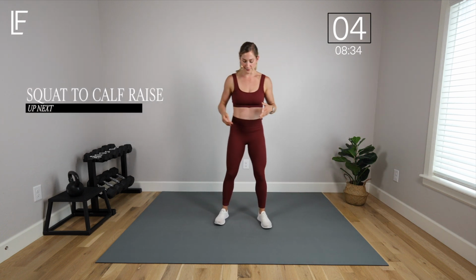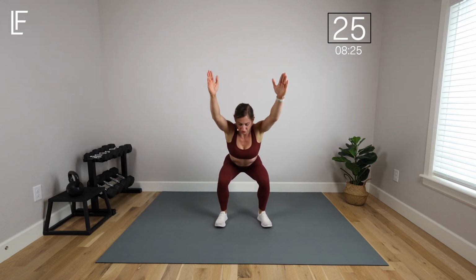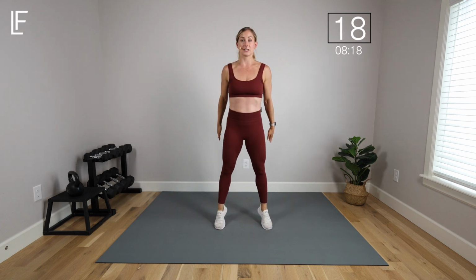Okay, now we're going to do a squat to calf raise, and we're going to incorporate some arms, like I mentioned. So take the feet wide here, take a breath. We're going to squat down, reach the arms up, and then calf raise, arms go down. As you squat, you're sitting back and down into those hips. You're driving the hips forward and up and lifting onto those toes, using the arms to create a little bit